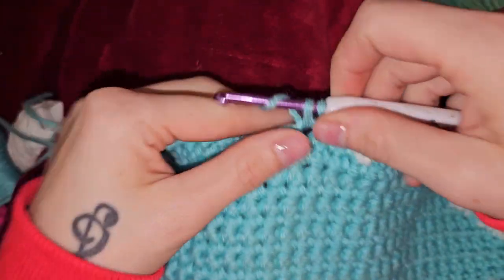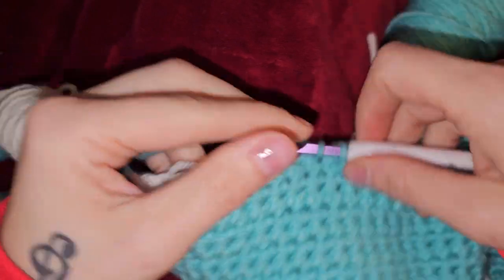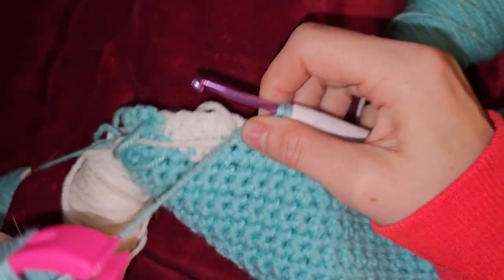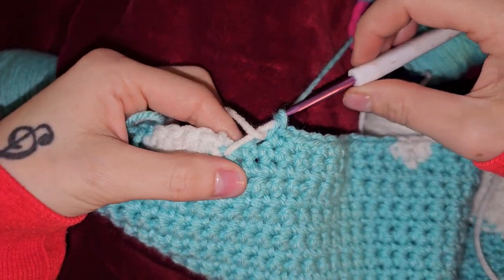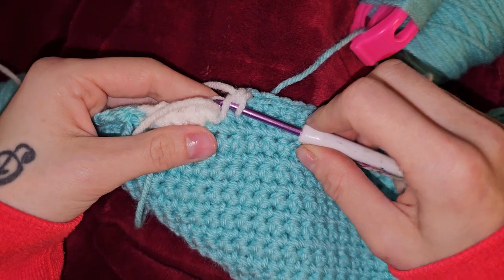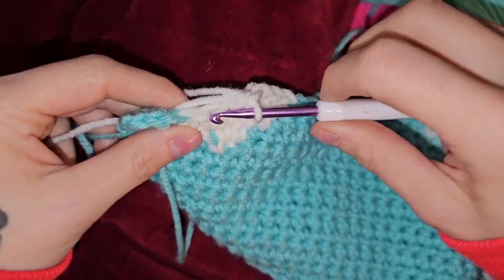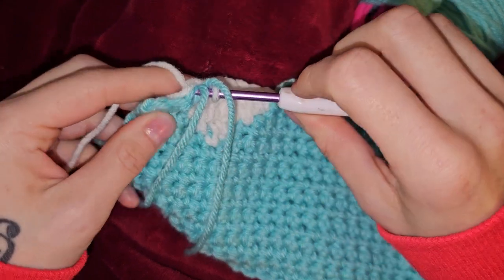1, 2, 3, 4, 5, 6, 7, 8, 9, 10, 11. And do 7 white. Going into that teal. 1. Picking up that loop. 2, 3, 4, 5, 6, pick up that teal, 7,